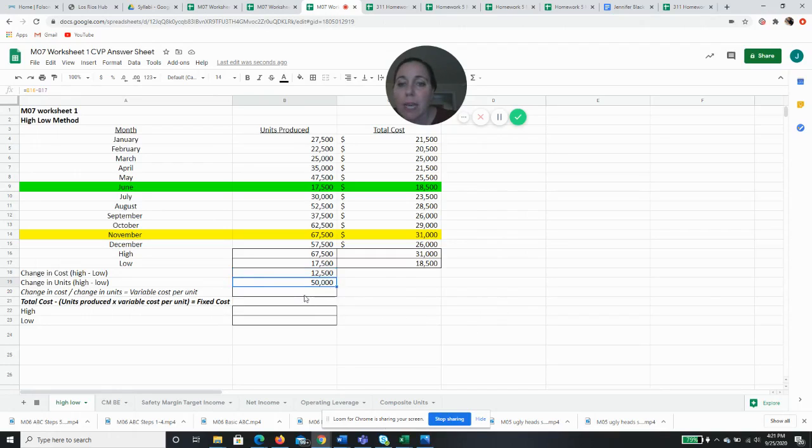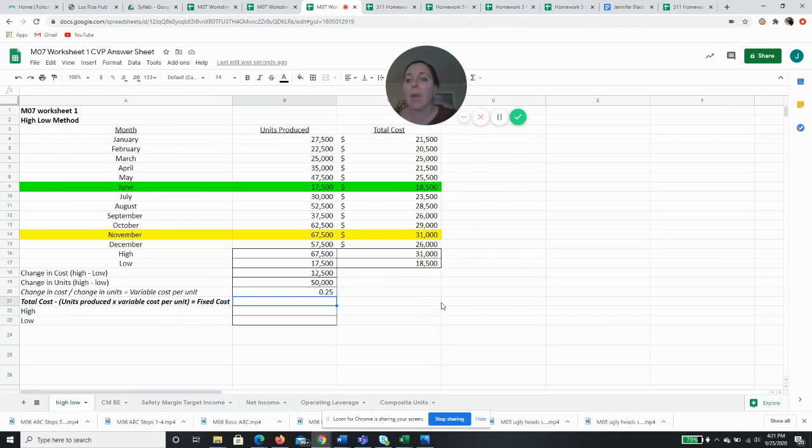Okay, so if we take our change in cost and divide it by the change in units, that gives us the variable cost per unit. So change in cost was 12,500 divided by change in units of 50,000. So our variable cost is 25 cents per unit. Because basically we know that in June, November, and all of these months, our fixed costs were the same. So the difference in costs must all be variable. And so if we divide the change in cost by the change in units, then we get the variable cost